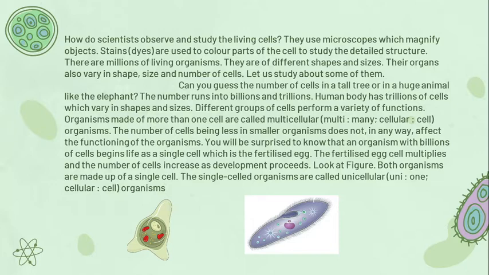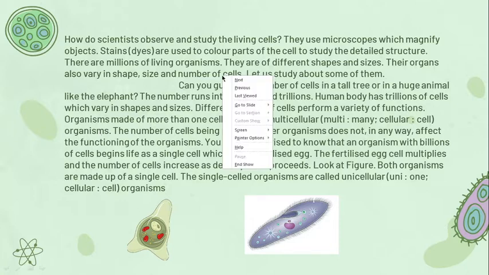So can you guess the number of cells in a tall tree and in a huge animal like the elephant? Their number runs in billions and trillions. The human body has trillions of cells which vary in shapes and sizes. Different groups of cells perform a variety of functions. So an organism made up of more than one cell is called multicellular, which is